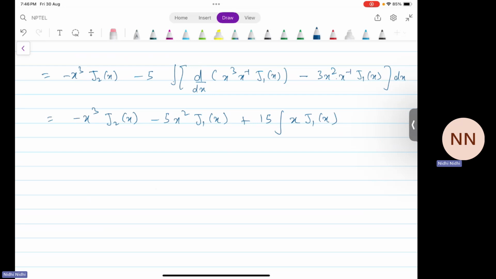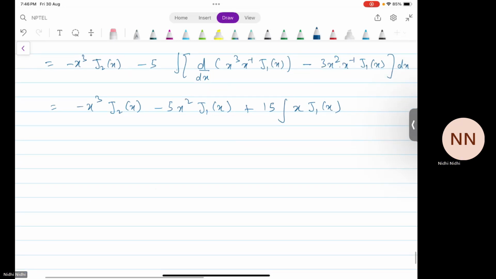So this can be written as minus x cube J2x minus 5x square J1x plus 15 x power 0 J1x dx,